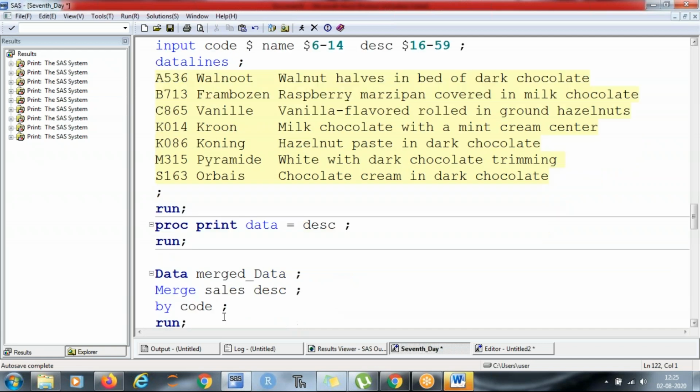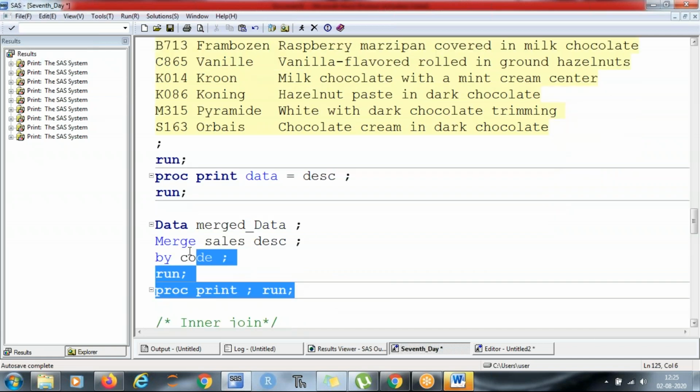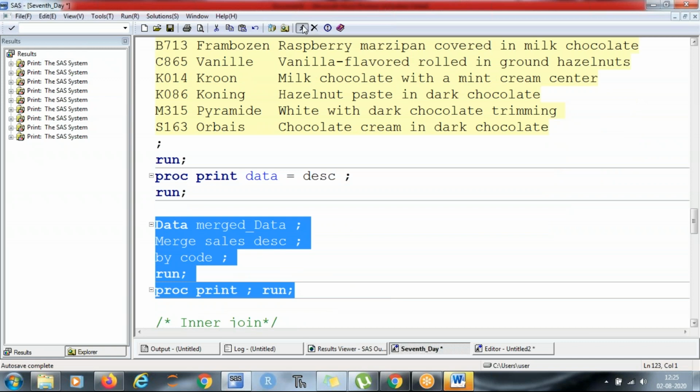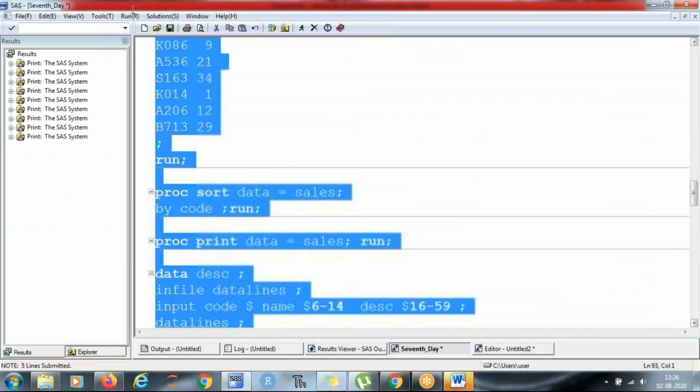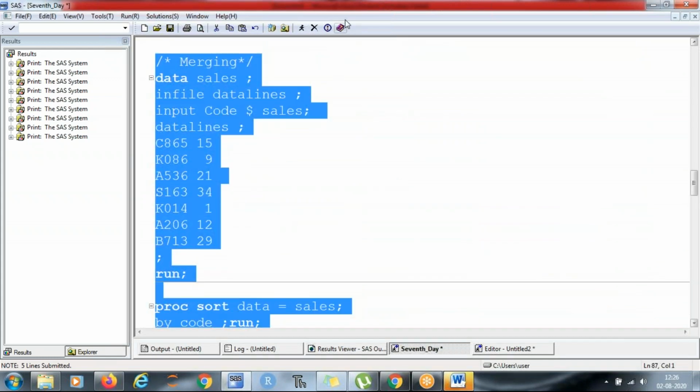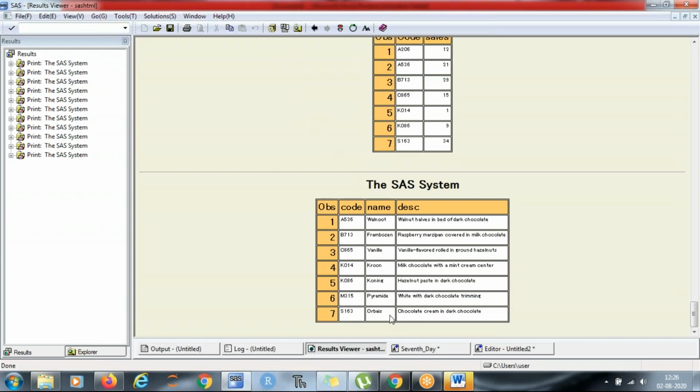Now, the moment I merge them, oh, I have not created this data. I need to first run this data, right? So these are two data sets which I have.